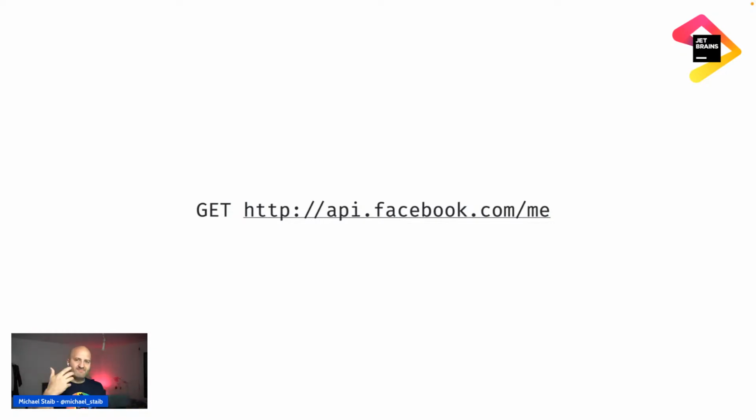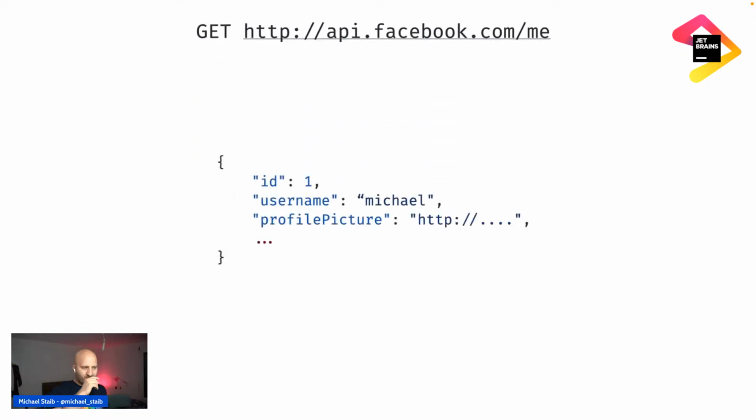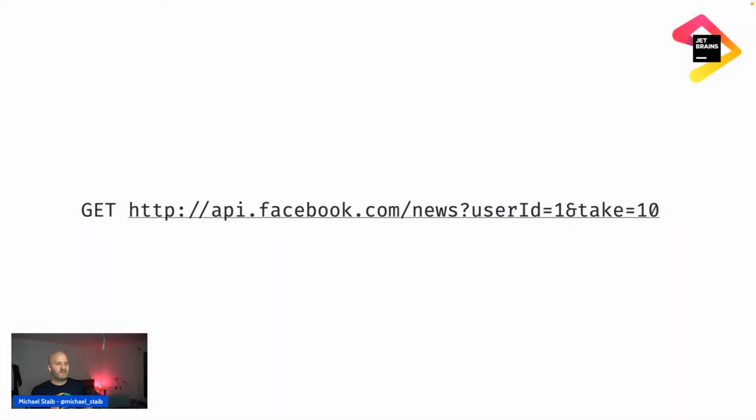So when they logged into or opened the application, they would do a REST call to the me endpoint. And the me endpoint would give back a couple of properties. It's around 50 properties that this API returned, but they just needed 3. So they took these 3 properties that they needed, stored them in their application, and most important was the ID from the current user, because with this ID they could do another call to another REST API, and that was